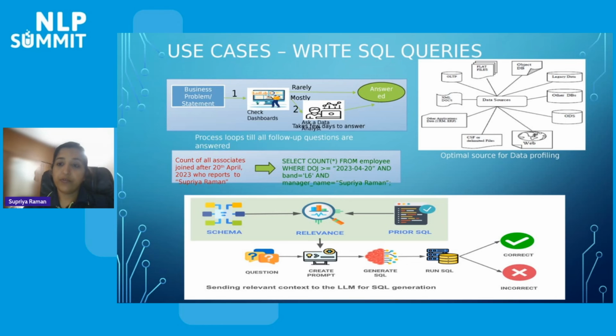So if you have to profile the data from all these different sources, the middle part of the slide gives us a very simple example where the business problem is: count how many associates have joined after 20th April 2023 and report to Supriya Raman. They just need the counts, but in order to answer this business problem, we have to write a SQL query, which goes into the databases and then goes through the attributes, fetches the relevant data,